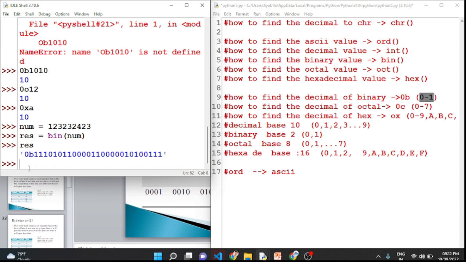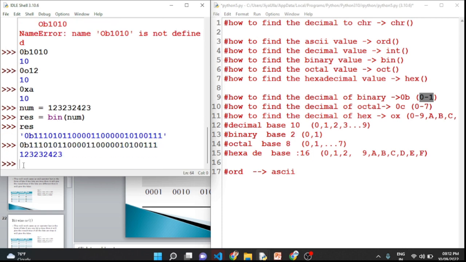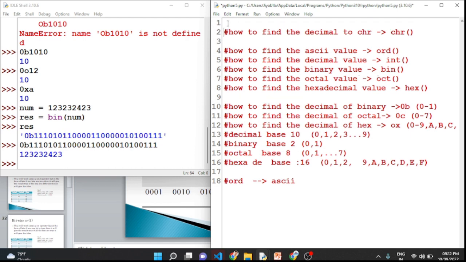Are you understanding? If I again want to convert this back into a decimal number, I will copy this again and paste it here, and it will give me 123232423. This is the same, converting one form of number system to another form. You have to know all these. This is the basic you have to go through